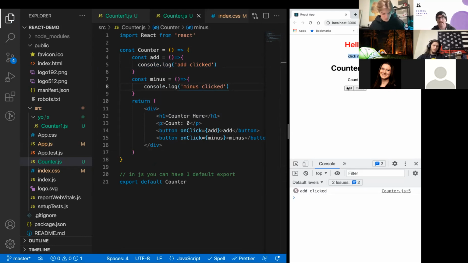So I click add, now I'm getting that add click log, I click minus, I'm getting that minus click log. It's not changing the count, but